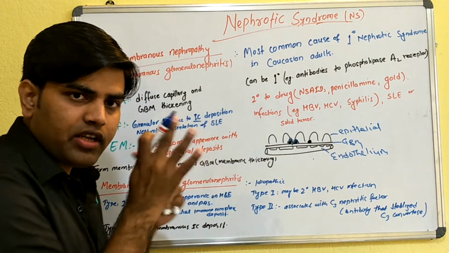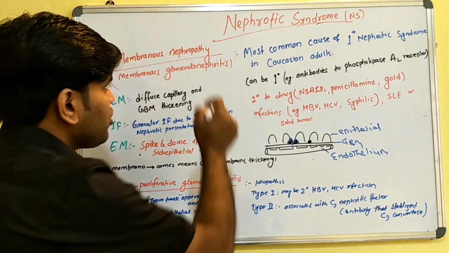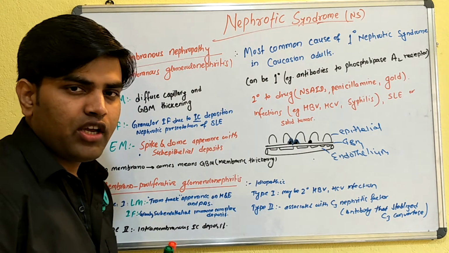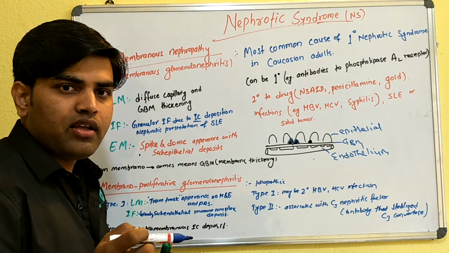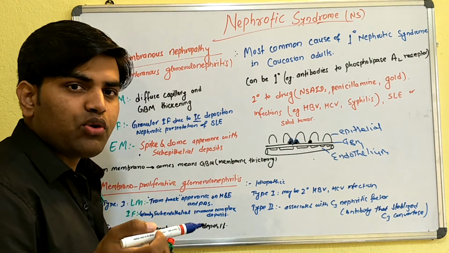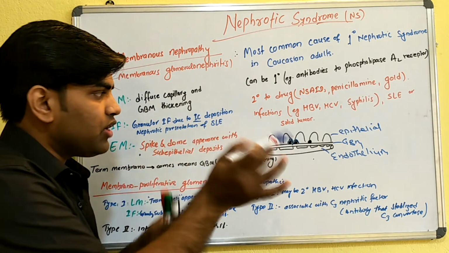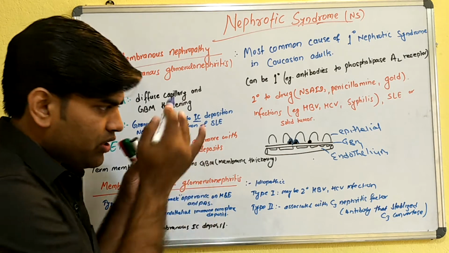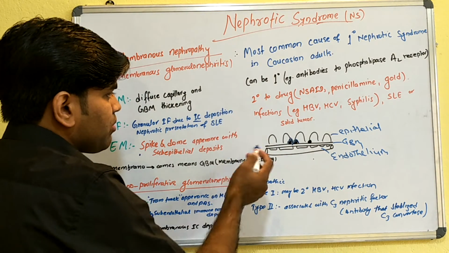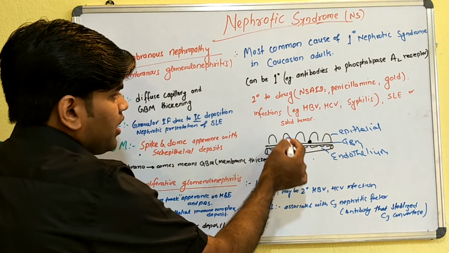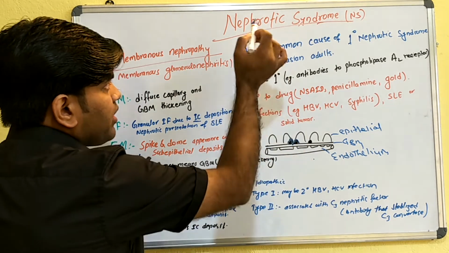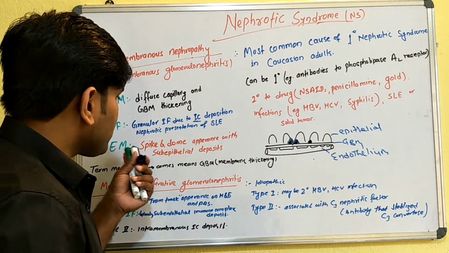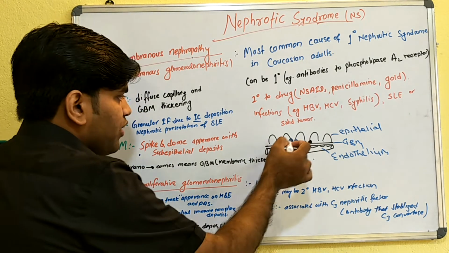If you remember, in nephrotic syndrome there is only one condition where there will be subepithelial immune complex deposition, that is membranous nephropathy. If you talk about the previous one, there will be post-streptococcal glomerulonephritis. In nephritic syndrome, that was subepithelial immune complex deposition. So don't get confused over here. We are talking about nephrotic syndrome only, and in nephrotic syndrome, the only place where there will be subepithelial immune complex deposition is membranous nephropathy, and the other main electron microscopic finding will be spike and dome appearance, and